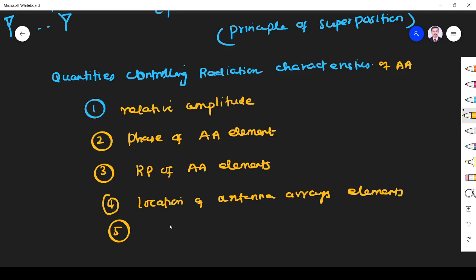And another thing is spatial configuration. Whether the elements are arranged in a linear fashion or planar fashion will also control the total radiation characteristics of an antenna array.